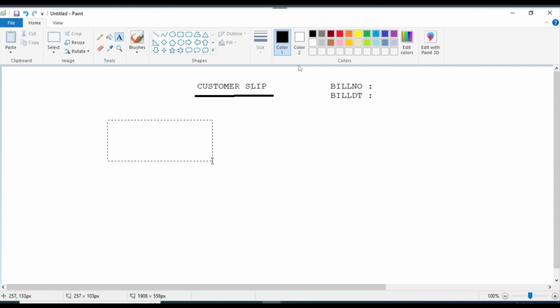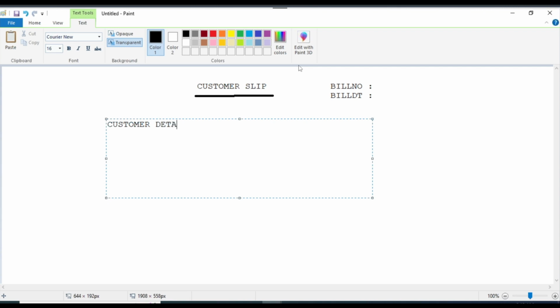Then customer details, one underline, customer ID, customer name, customer city, customer postal code. So here we will print the data. All the data should begin in one place,